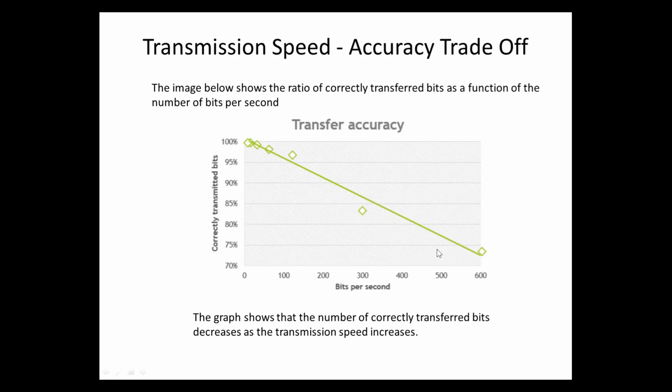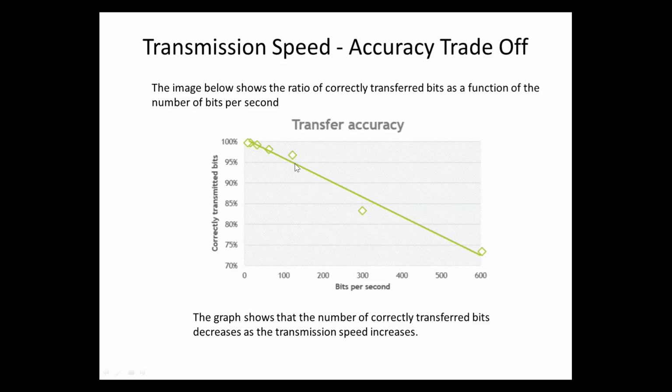So you could get to a situation where, if the conditions are such that you're wanting to transmit at 600 bits per second, you get less than 75% of the characters right. Now, you just can't say that's good or bad, because it has to be evaluated against what you need. If you're just doing general chit-chat communications, that 75% may be fine. If you're wanting to do more accurate communications, then that won't be fine, and you'll have to determine